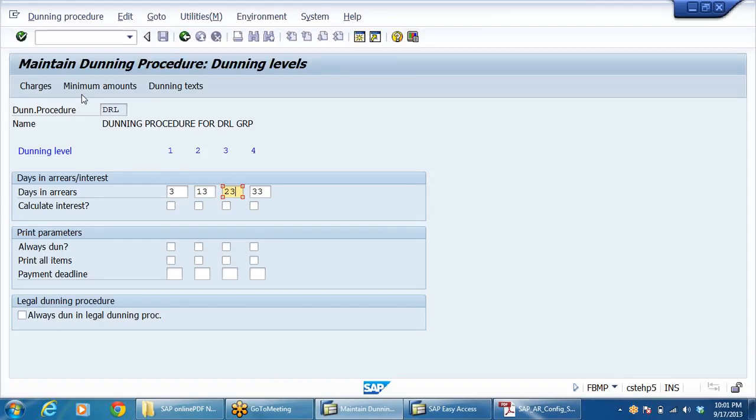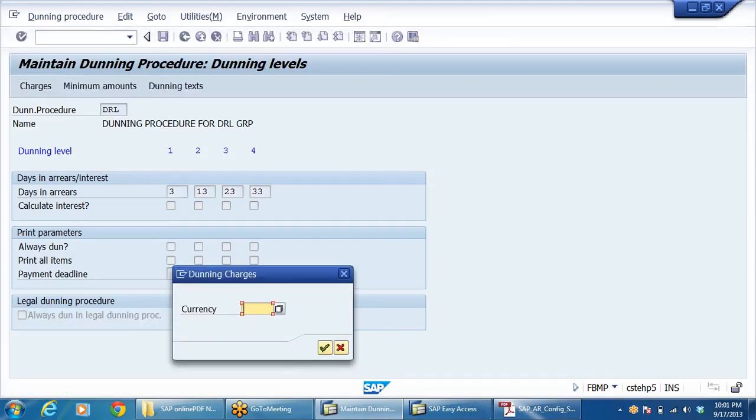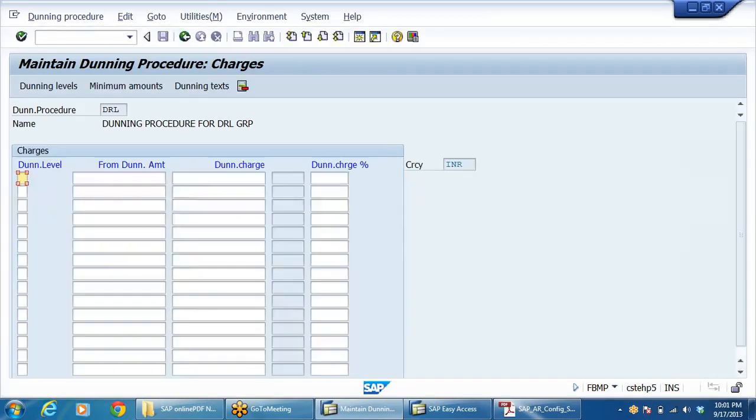Next, minimum amounts. What I can do here, I can take minimum amounts also. Minimum amounts means, okay, I'll see that. First of all, let us take the charges. I can even generate some charges. Why? Because see, my clerk is using time in generating the letter, and I'm sending, say for example, a reminder letter through courier. I may be incurring around 40 to 50 rupees. So a lot of time is being spent, money is spent.